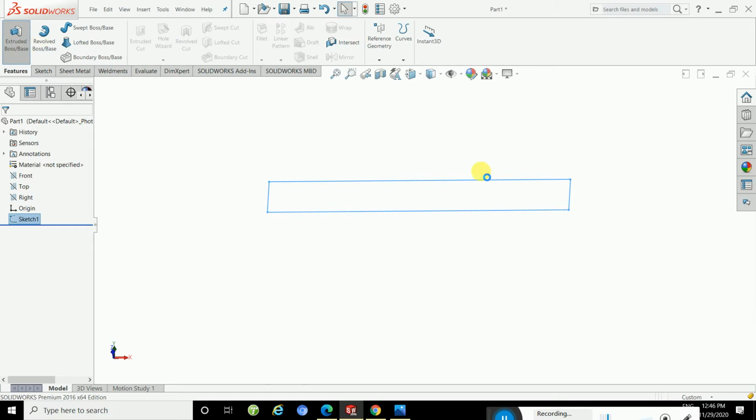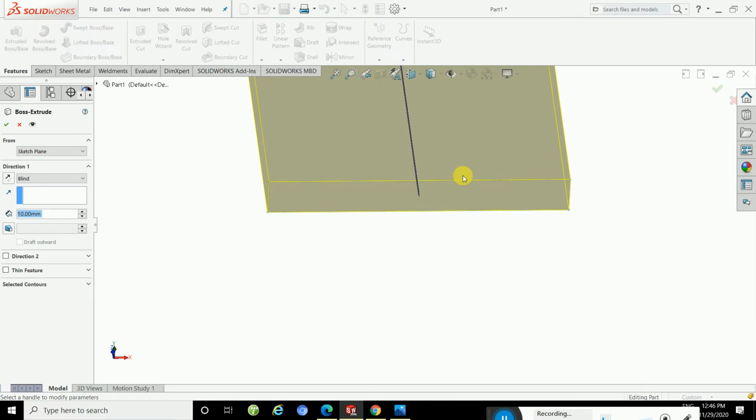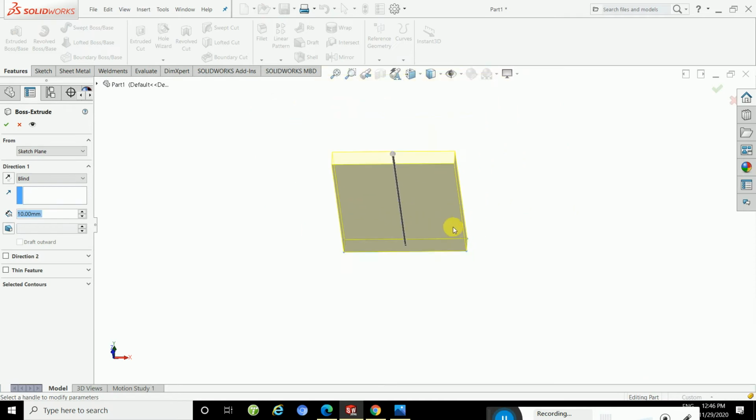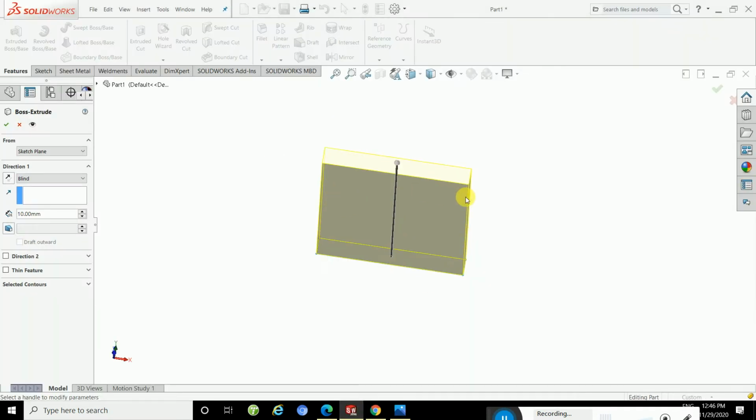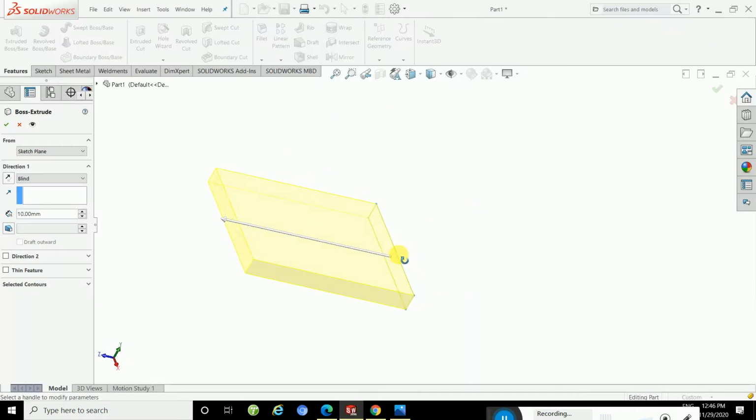Extrude base means you apply a 2D sketch inside the 3D. You will apply the material and height. How much height? 5. Okay, here 5 is the height. I am creating one link: 8 is the distance, 1 is the thickness and the height is 5. So apply this height.